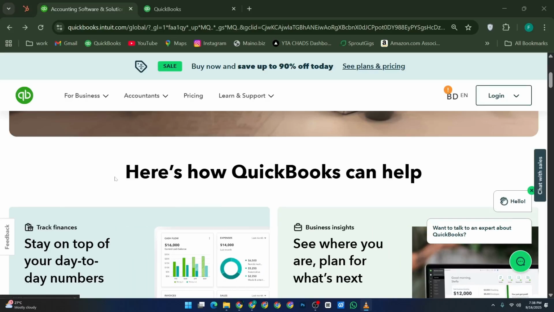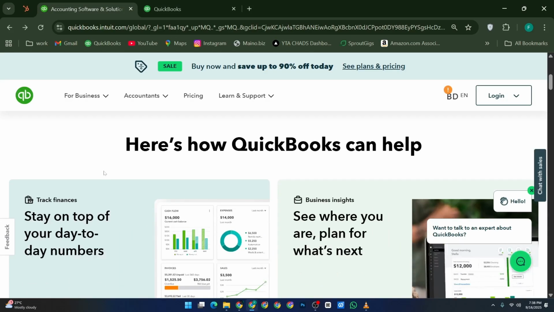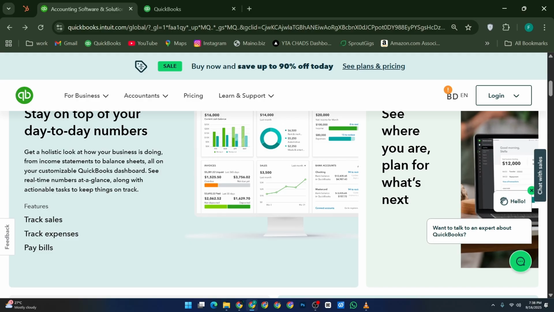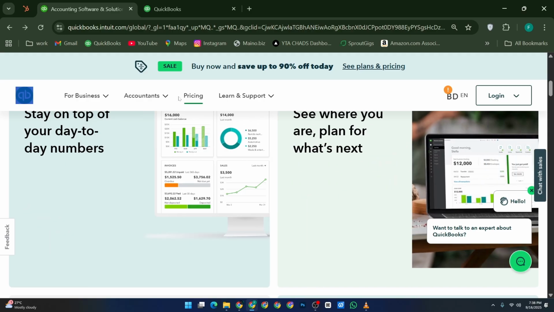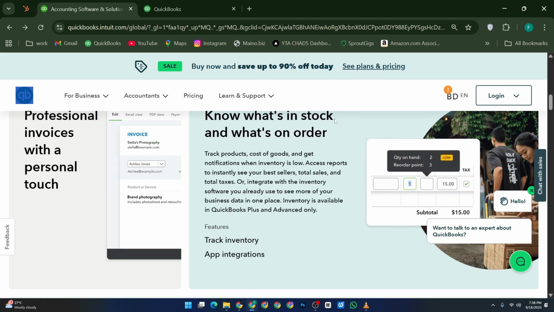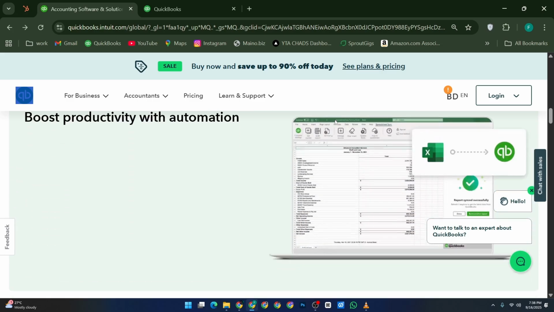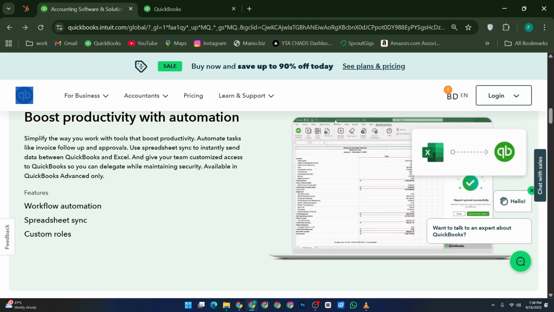Hi, everyone, and welcome to this guide on how to change your password in QuickBooks Online. Regularly updating your password is one of the most important steps you can take to protect your financial data. First of all, go to